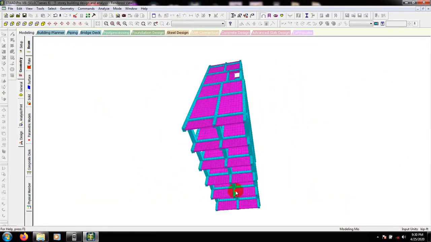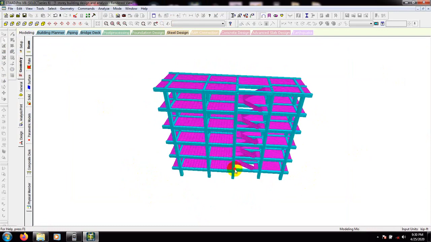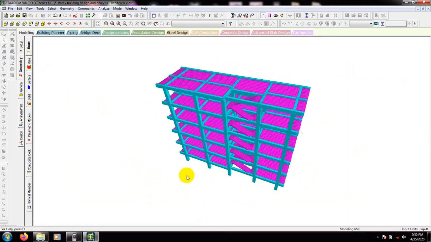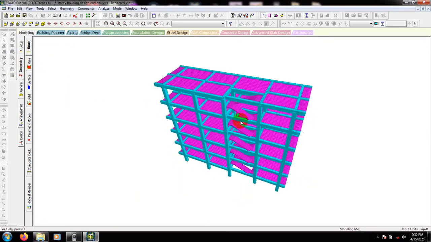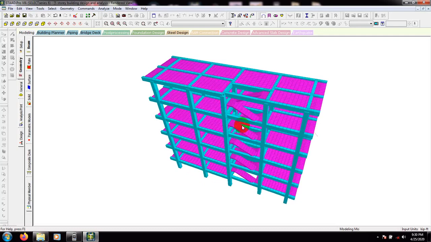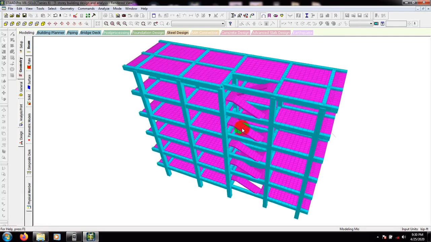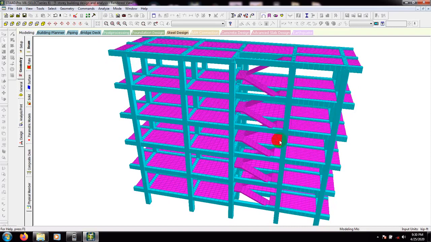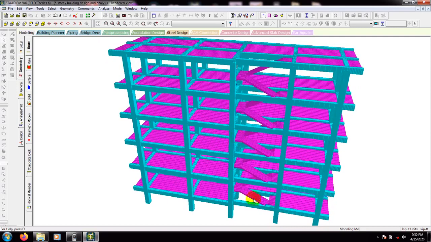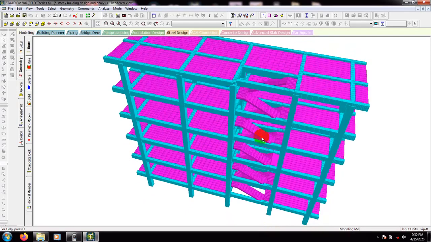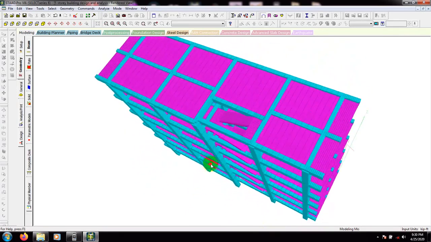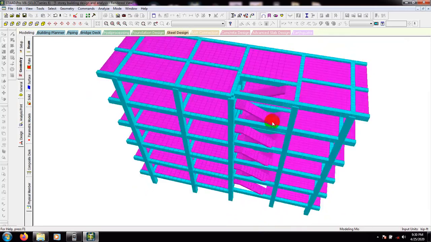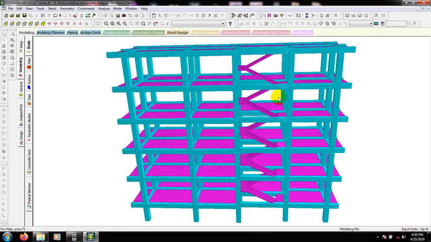if we go here, you're seeing that we have done that perfectly, and we have drawn our stair here, dog leg stair. So you're seeing that we have drawn that perfectly. So in this way we can draw our stair,